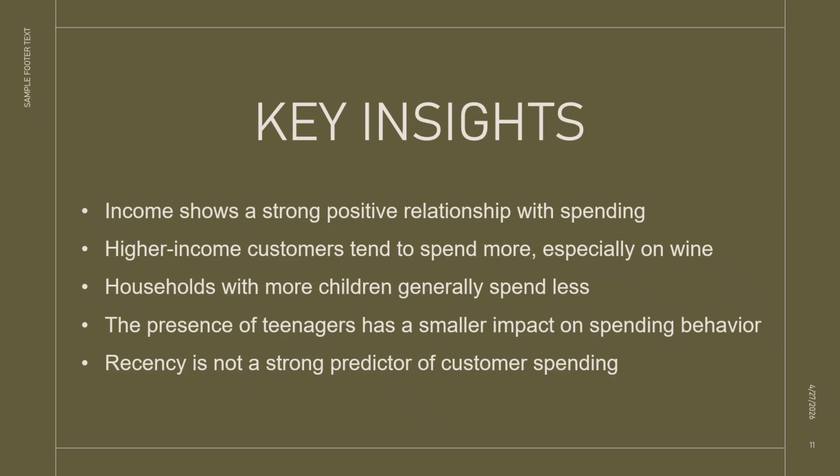From a business perspective, this highlights the importance of identifying and targeting high-income customers, as they are more likely to generate higher revenue. The second insight is that households with more children tend to spend less. This was shown through the negative relationship between kid home and spending. One possible explanation for this is that families with children often have more financial responsibilities, such as childcare, education, and everyday expenses. Due to this, they may spend less money on discretionary products like wine and specialty items. This insight is important because it shows that household structure directly impacts spending behavior, and businesses need to consider this